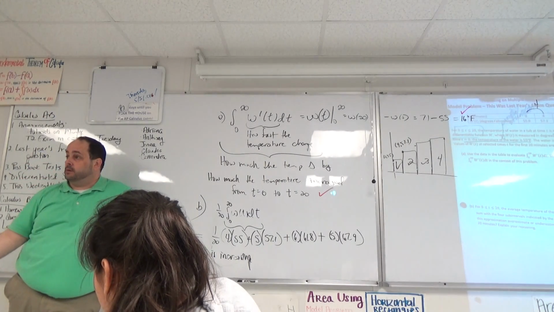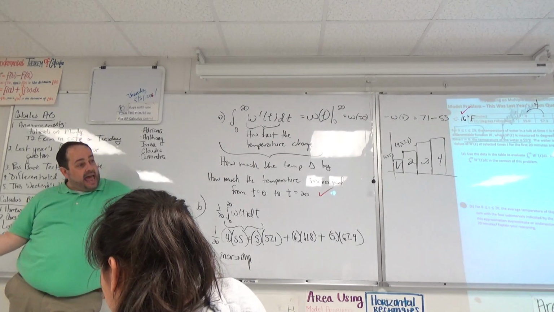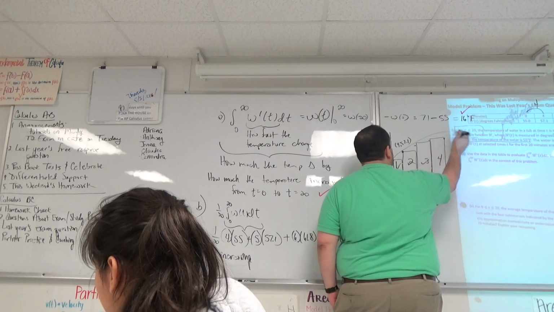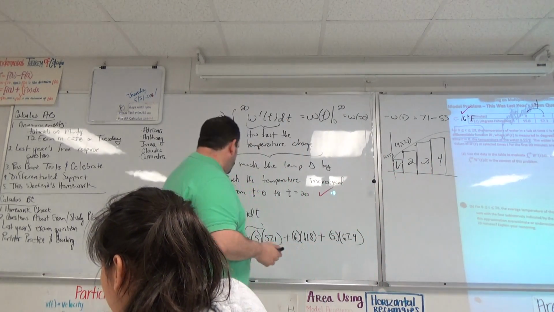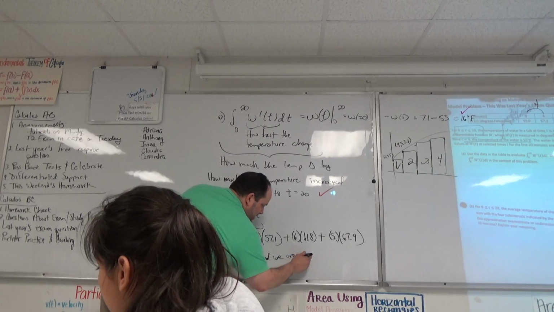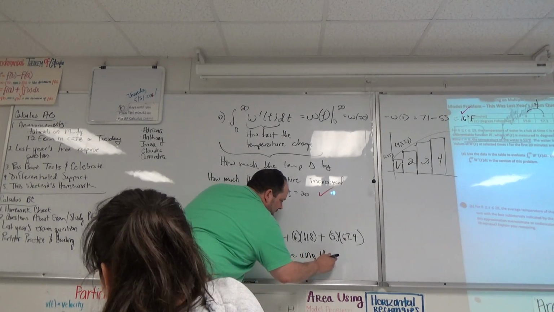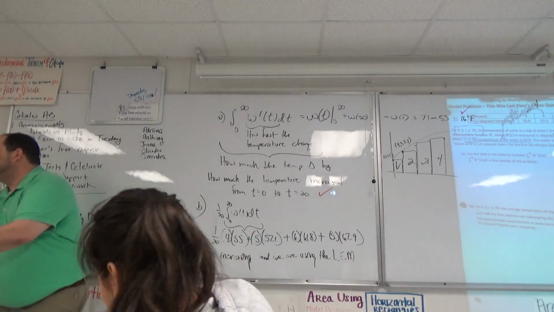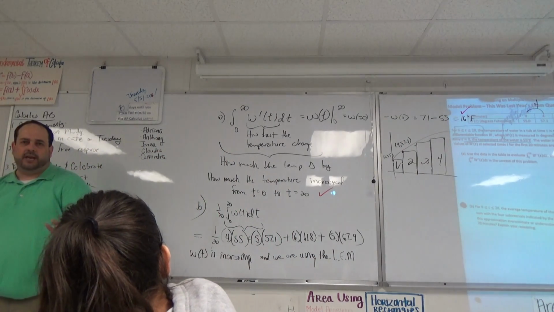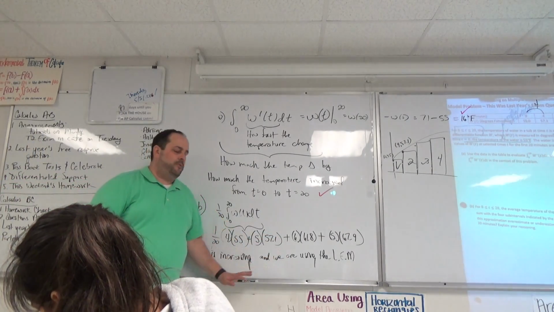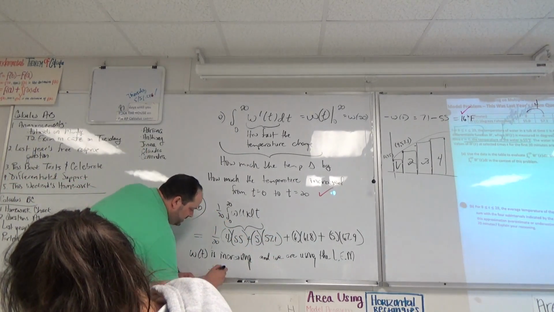So what? Doesn't it have to be an underestimate? Your graph has to do something like that. So I'd say W of t is increasing and we are using the left endpoint method. For those of you that like to go on and say, because the rectangles are not touching the curve, there's area that I'm missing, no one actually cares. The function is increasing, left endpoint method, therefore our answer is